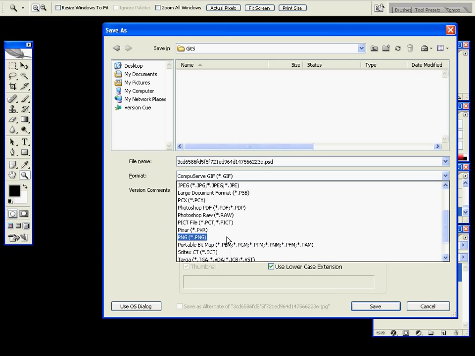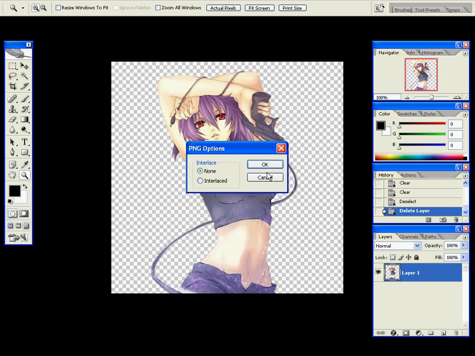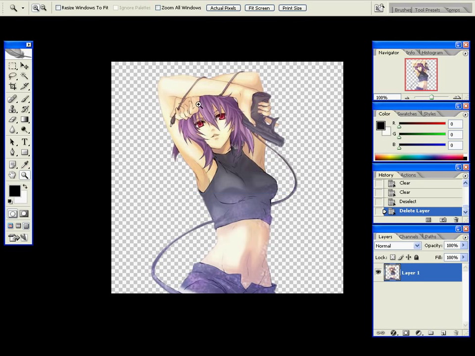I already have one, but I'll show you in a minute as an example for something. Let's see here. Major render one work. Yes, we don't want it interlaced. Alright, so,